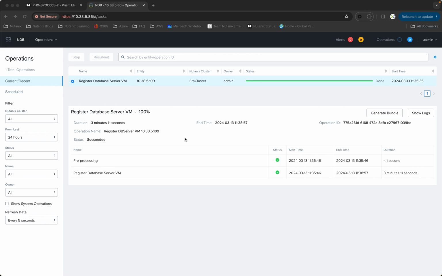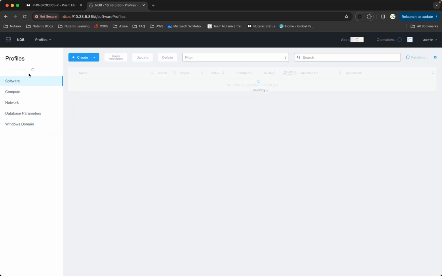around this VM. Now think of a software profile as a VM template that includes the operating system and database software. I'm going to take you through the creation of a software profile from the database server VM we've just registered. And once the software profile is in place, we can provision additional SQL Server VMs that will all be configured the same way, incorporating the best practices defined by Nutanix and by the database vendor. So creating a software profile is a one-time operation, and it'll save you time and avoid human error as you provision new databases. So if we go straight into profiles,